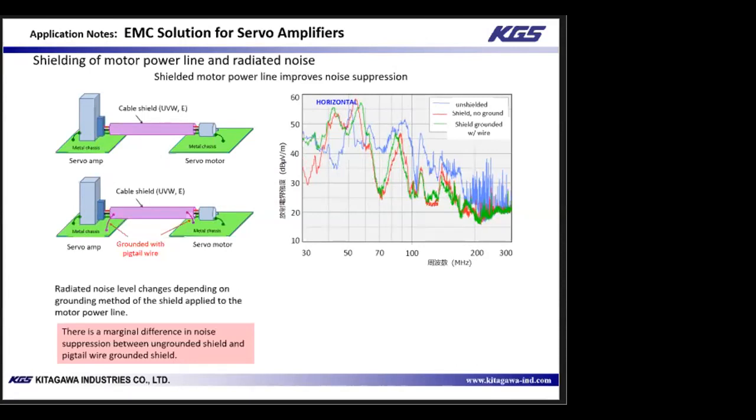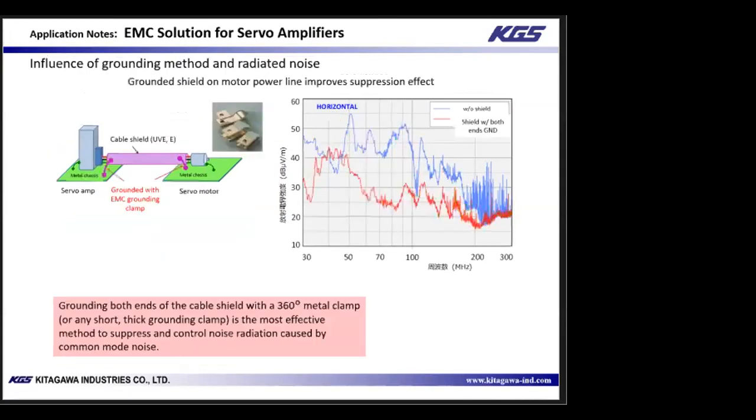This is because common mode current, especially those for the higher frequency range, around 200 megahertz and above, is still being allowed to return through the air due to high impedance of the wires. In order to reduce ground impedance, a short, wide ground at both ends of the cable shield is recommended. This includes metal clamps that allow for metal-to-metal contact. And this allows for common mode current to return in a smaller magnetic field and to help significantly suppress radiated noise.